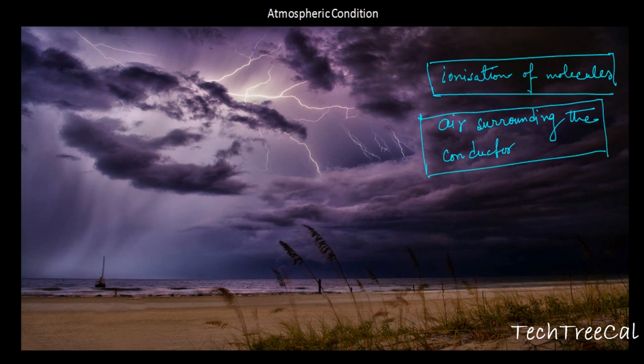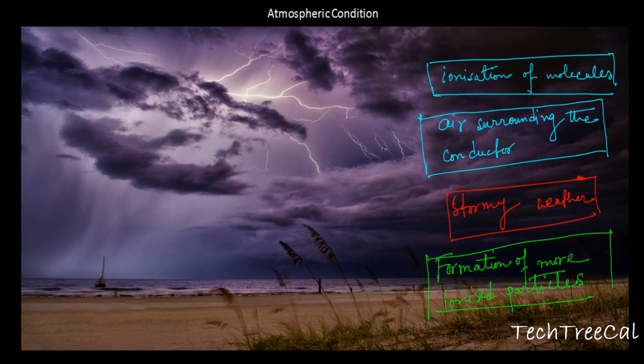This phenomenon is more predominant in stormy weather compared to clean weather, because in stormy weather more ions or ionized particles are available in the atmosphere. This helps the formation of more ionized particles, because this formation is done by the bombardment of molecules and